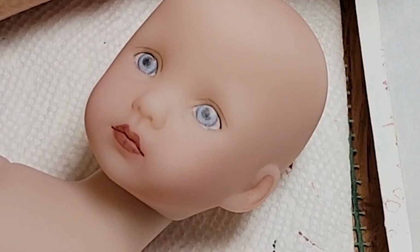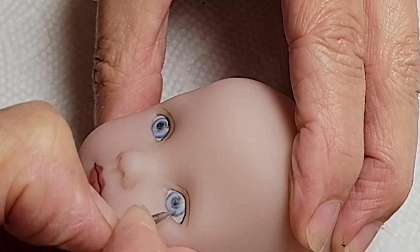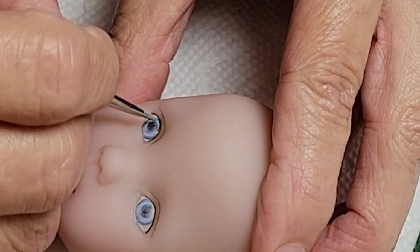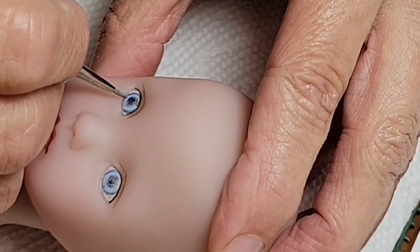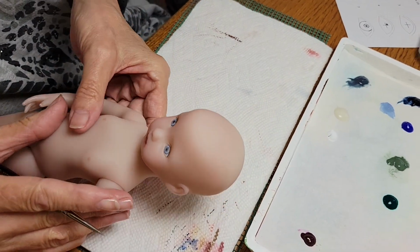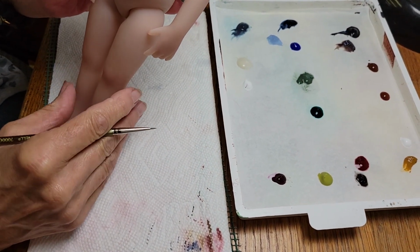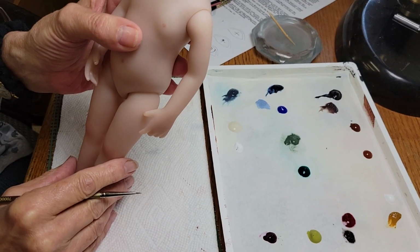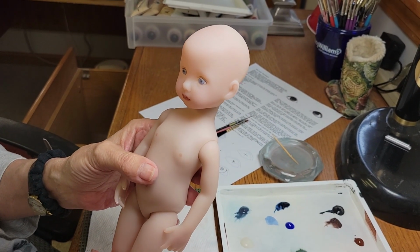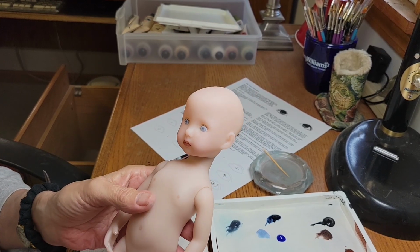So I'm going to go ahead and put my second coat of blue on the eyes. Build up the color a little bit. And now again, I want to hold her up out of the light so that I can see if she's looking at me. And she's doing pretty good. It's better when you're not under the light, if you can actually hold her out in front of you a little ways and get her out of the light, and you can really see more about how she's looking at you. But we have to have the light for this,